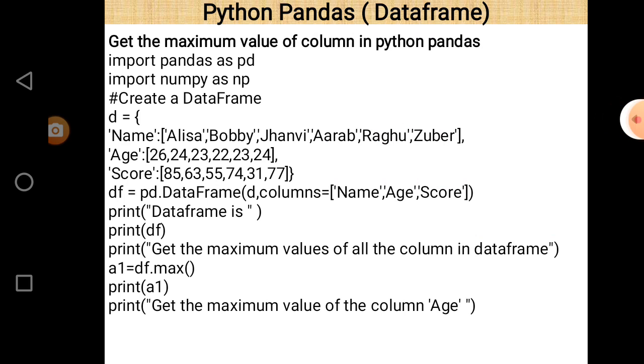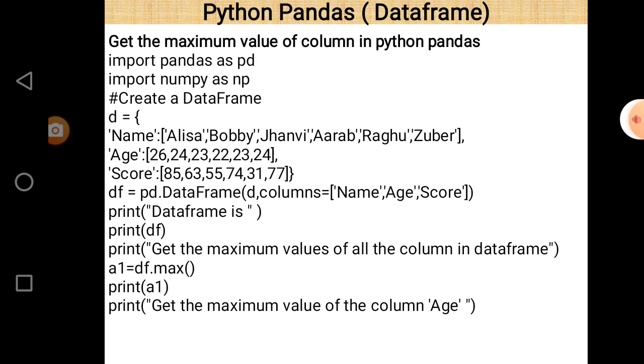Using this dictionary we create a data frame here, and we pass the names of columns here, again name, age and score. By default the names of columns are name, age and score, so if we don't pass these as column names, then it doesn't make much effect in this data frame. After that there is a print statement of the data frame, so after the execution of that statement the data frame will be printed.